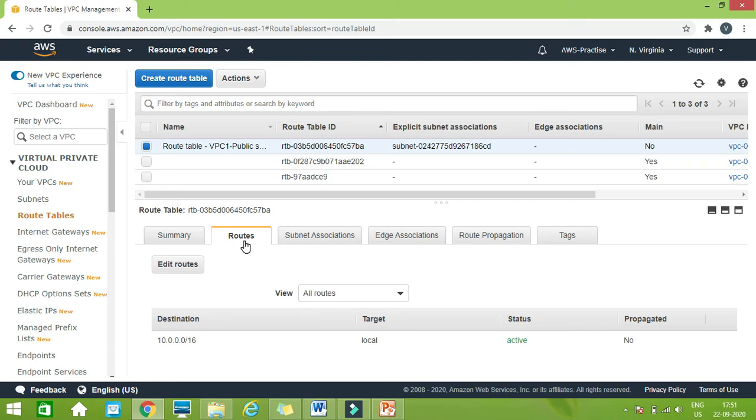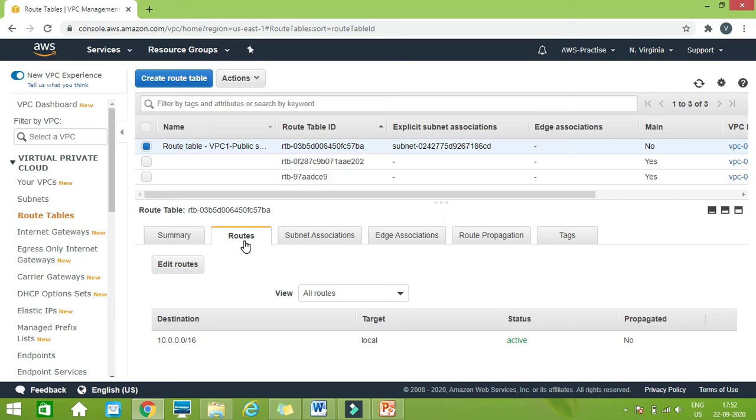Each entry defines a route, so it will help decide how any incoming request will be forwarded. So you can see there is one default entry, 10.0.0.0/16 and local. That means any request that is coming to this address 10.0.0.0 is actually referring to this own subnet.